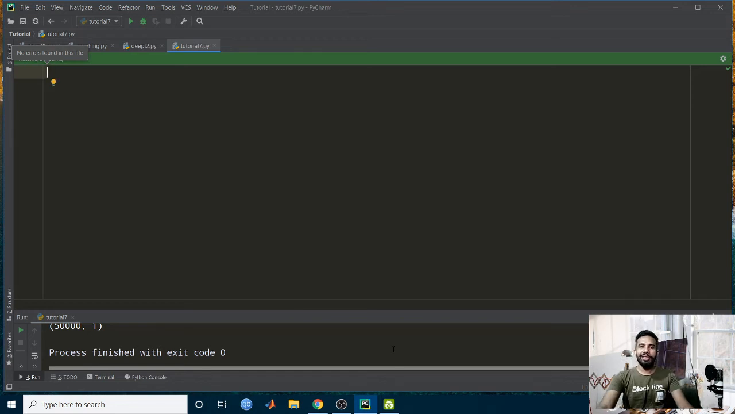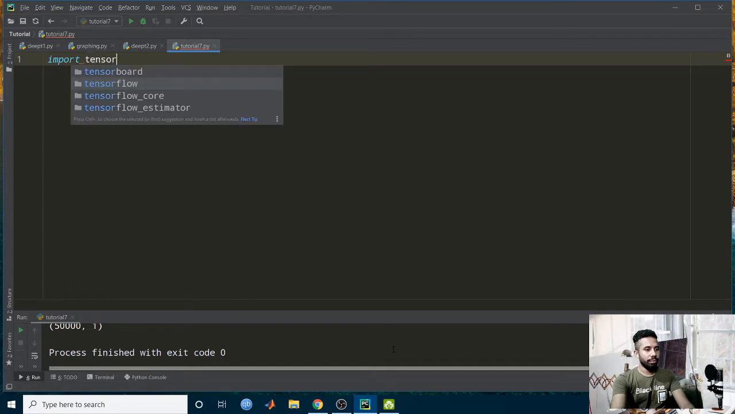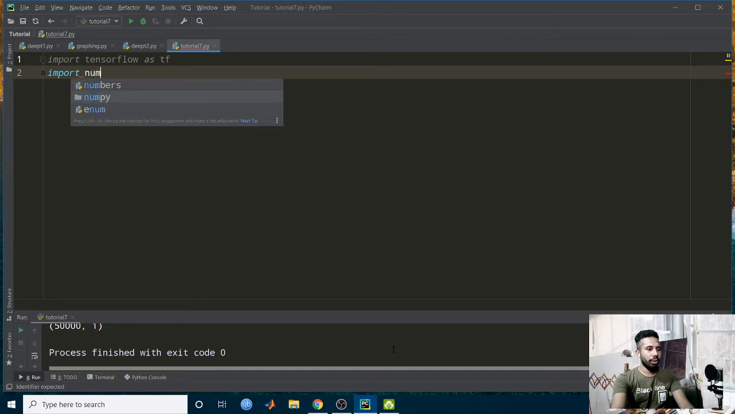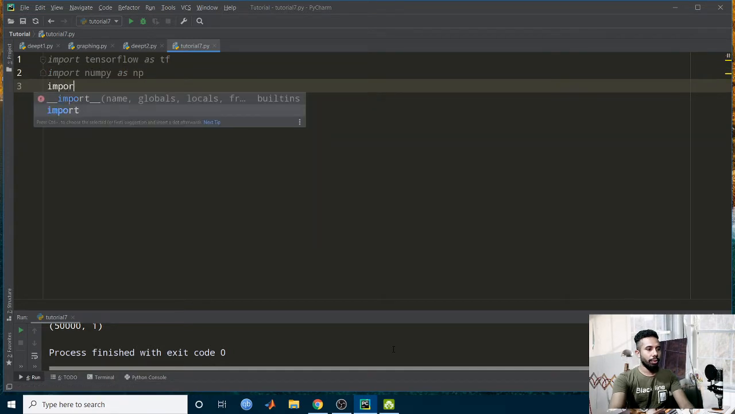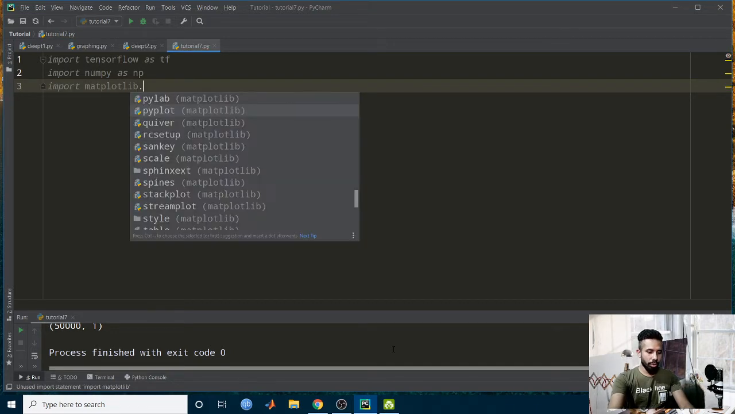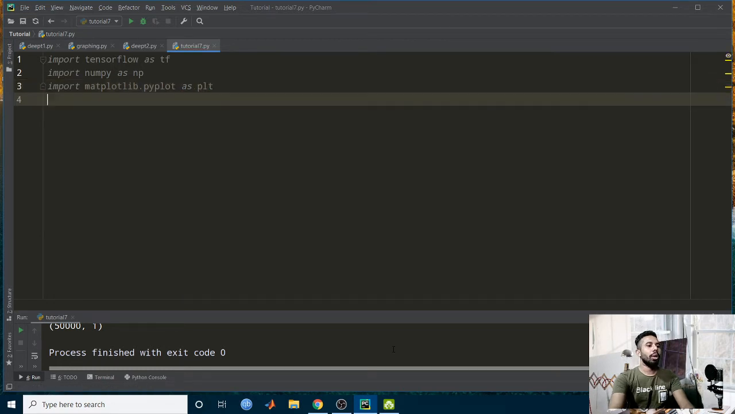Hey, what's up guys? In this tutorial we are going to classify images through a convolutional neural network. So let's begin. Import some modules. Import TensorFlow as tf, import NumPy as np, import matplotlib.pyplot for graphing as plt, import